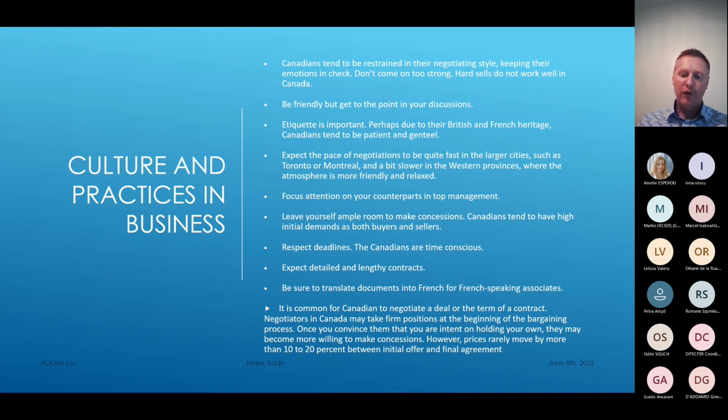And I was mentioning before that the market is quite segmented, and you will see some very big differences in the type of negotiation between big cities, especially Montreal and Toronto, which is pretty fast-paced, and for example, Vancouver and BC, where it's way more laid back, people take their time. So it's a different approach, and you will have to adapt based on where you are in Canada and who you talk to.